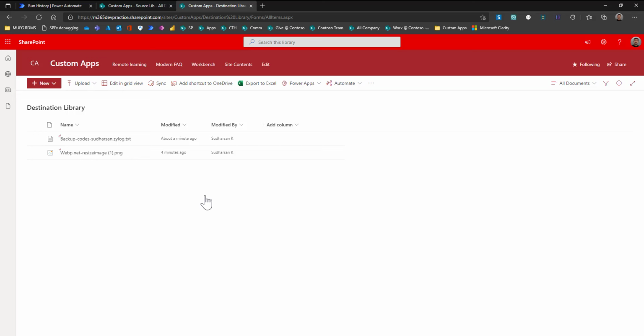So you can leverage this and then you can implement it in your own business process. Like in many places you can implement it, like you can even move the files to a specific folder based on date, and even you can check the metadata information, whether the file is already approved or if the file has already stayed there for 1 or 2 months, then you can move it to a separate document library. So there are many business scenarios where you can leverage this.